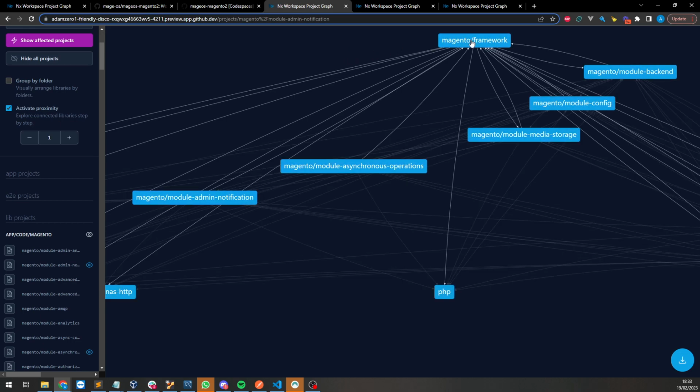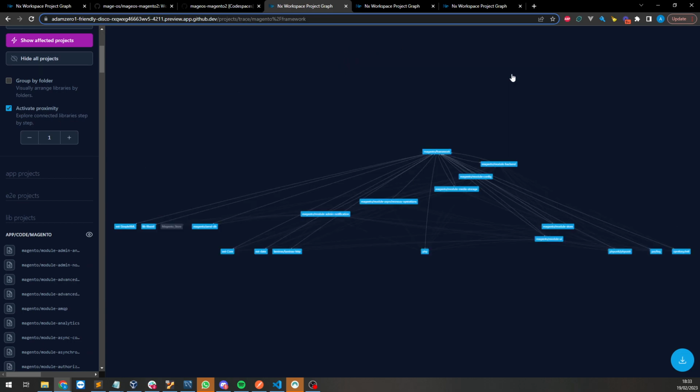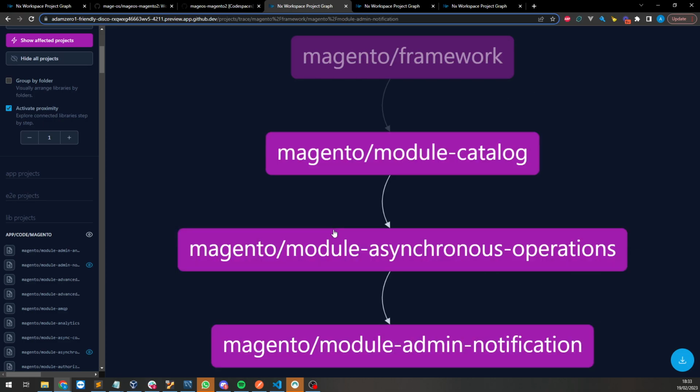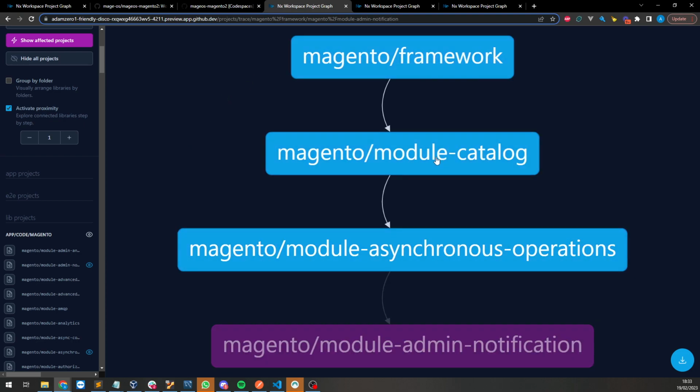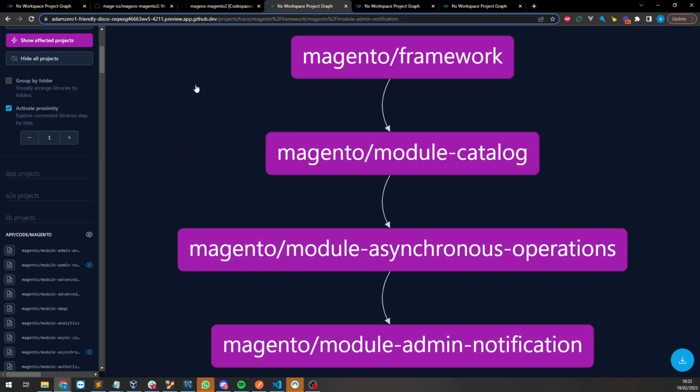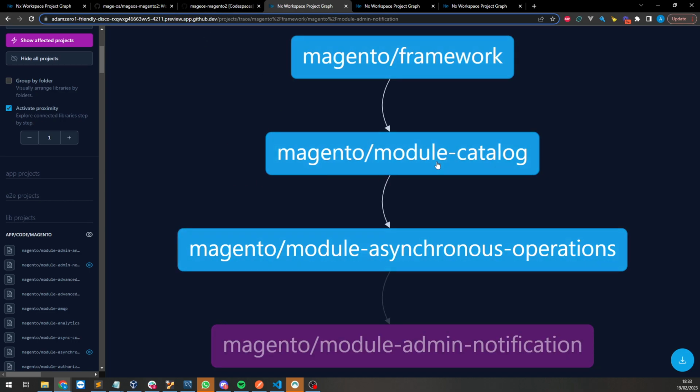What we can do is we can say we want to start here and we want to end the admin notification, and NX will show us exactly why the framework depends on the admin notification. And what it's saying is the framework depends on the catalog, depends on asynchronous operations, and asynchronous operations depends on admin notification. Obviously this is less than ideal, so to work out why the framework depends on the module catalog module,